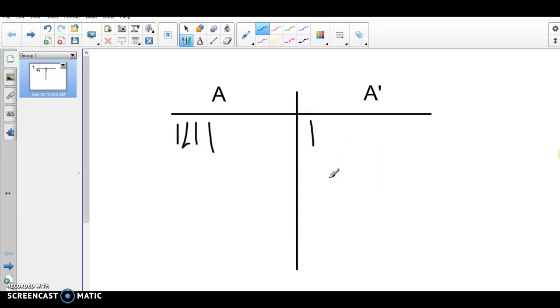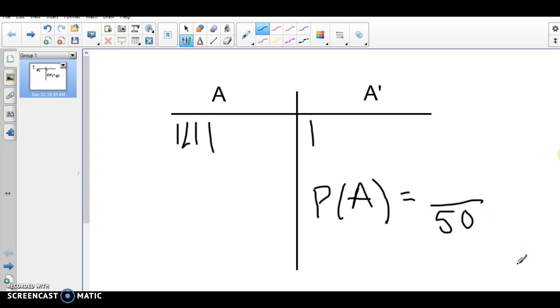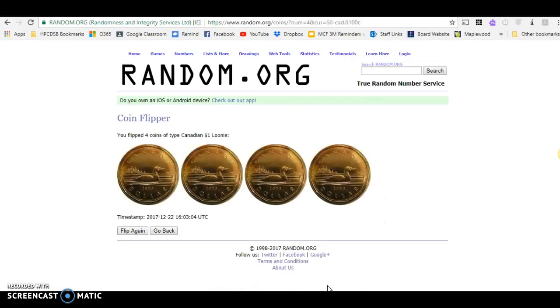Once I have 50 trials, if I want to find the probability that A happened, then I'm just going to take the number of trials where A happened. So I want to take the number that ends up in this column, and then I divide it by 50 to get the probability that the event happens. So that's the first example. The second example that we're going to look at,